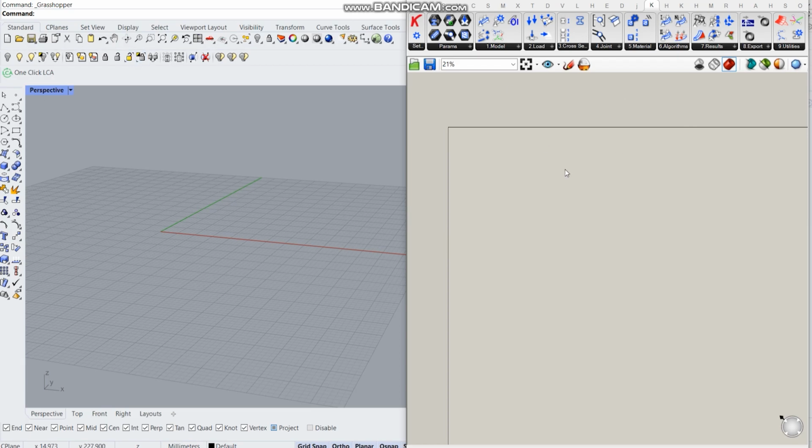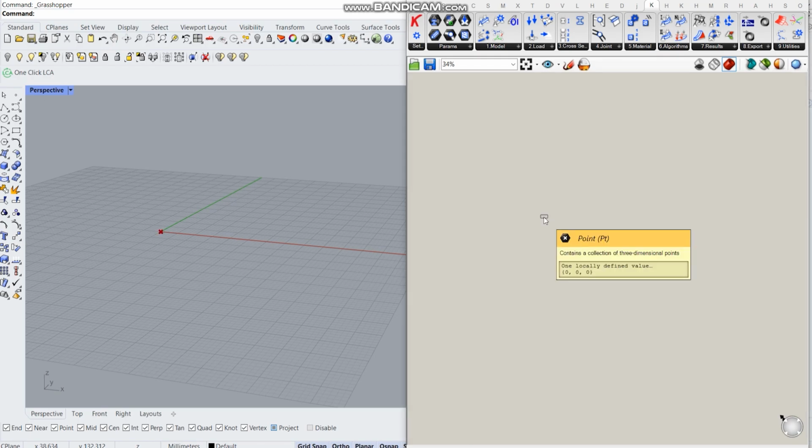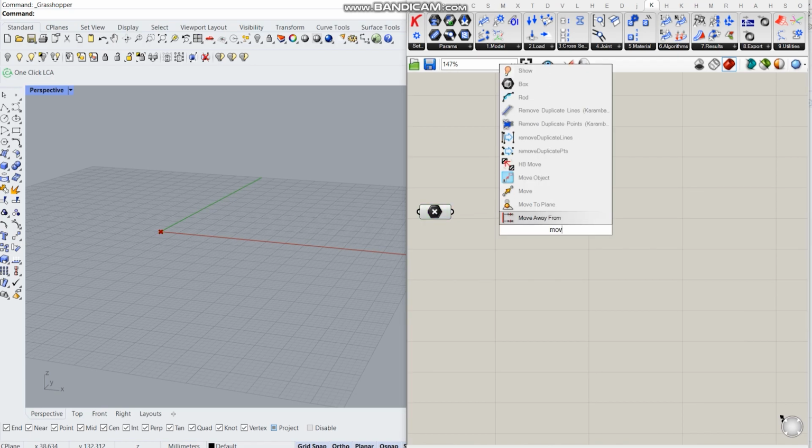Okay, now I'm in the Grasshopper interface, and let's have a look at the static system and try to understand how many times the system is going to be static indeterminate. It is going to be one time, and how does it depend on the number of the members. So first I'm gonna start with a point with these coordinates, and I'm gonna translate the geometry